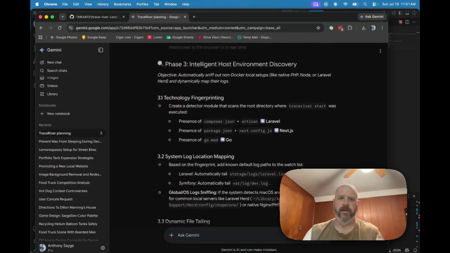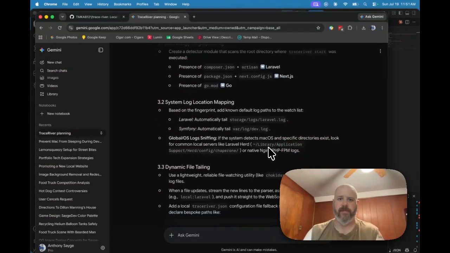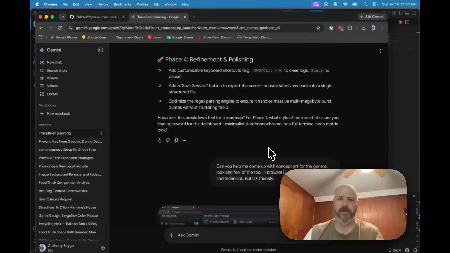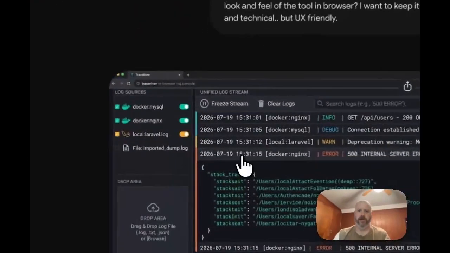And then based on your current setup, you can go into your composer JSON and try to isolate what logs are being created locally. We can extend this as far as we want, but right now I'm just going with this as our basics. Here's the look that I'm going for,